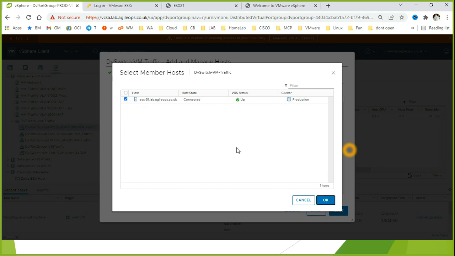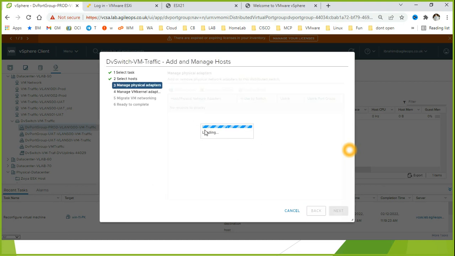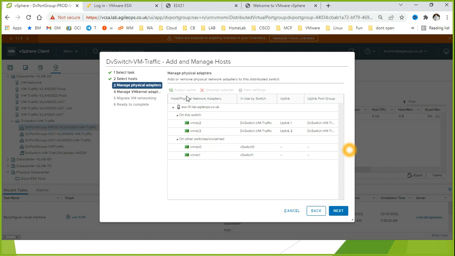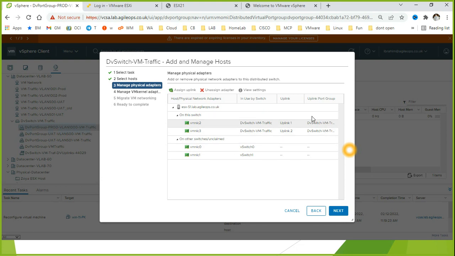Okay, and then I can decide if I want to add another physical network adapter. This is where I will assign the uplink, because at that point it will only have this one connected, the ESX VM NIC 3 assigned to uplink 2, so this uplink will be free at that time, right? If it is free, you select that, then click on uplink and assign it to this one, then click OK, and then you have migrated the second one as well, and then click on next